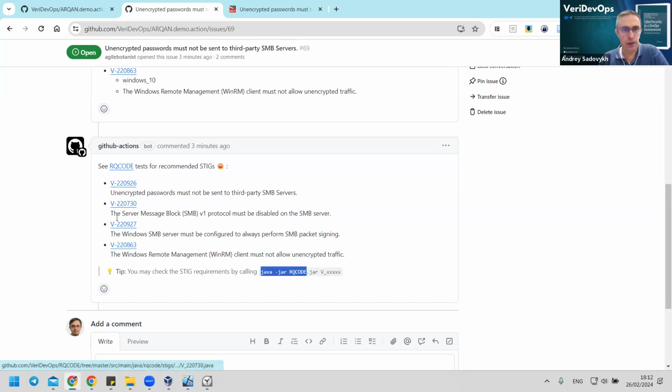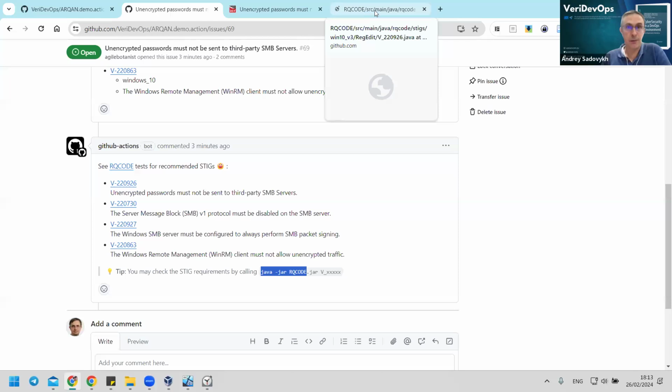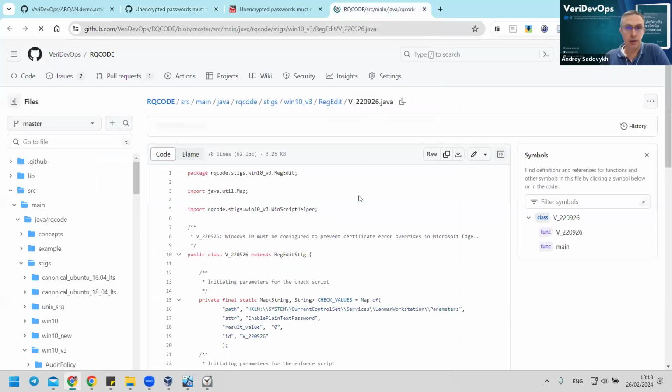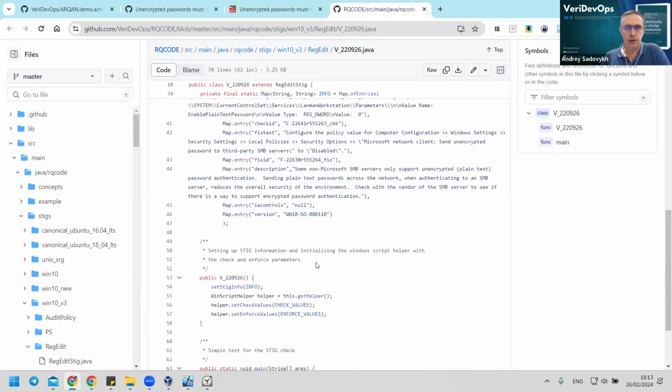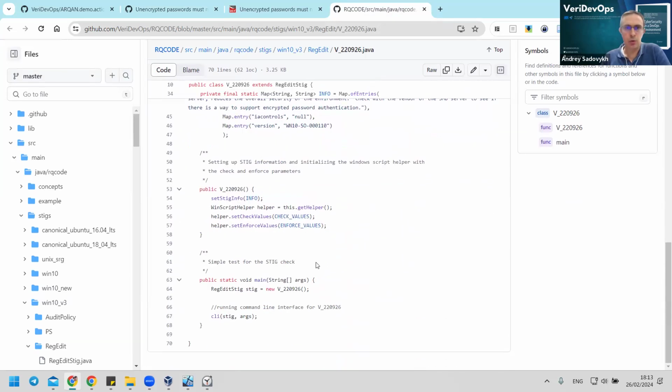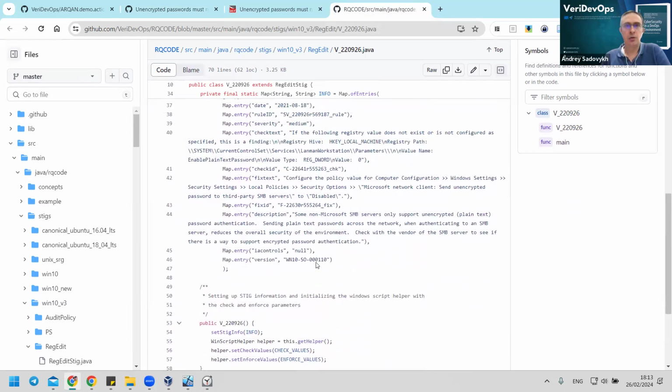So RQ code here is another open source project by Softeam as a part of the DevOps initiative, and we can actually see how those rules are implemented in RQ code. RQ code is requirements as a code. It provides a set of descriptions of requirements in natural language, but also specific tests to check